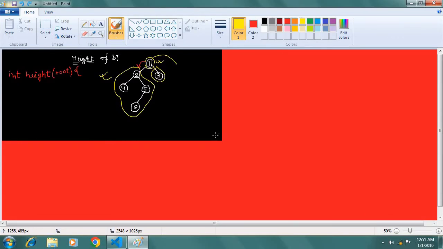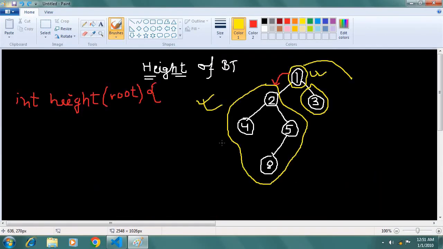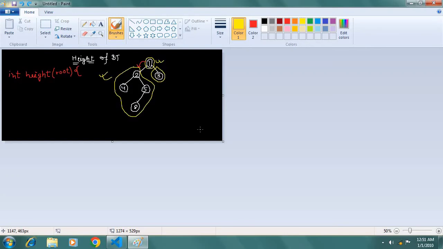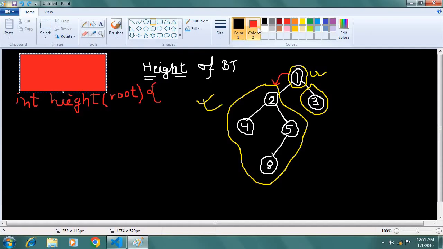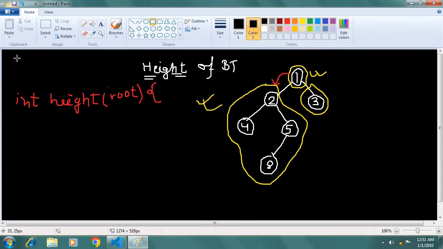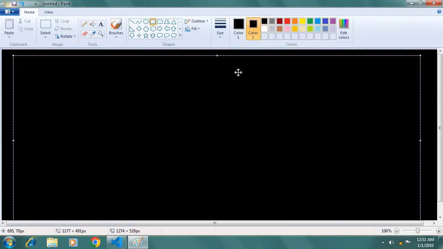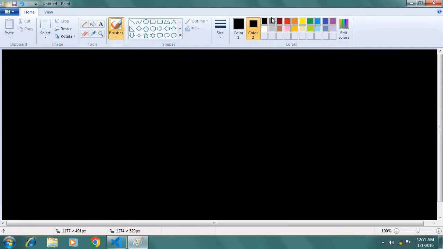Let me explain with this example. Let us take another binary tree here quickly. So now see, I am drawing a binary tree here.